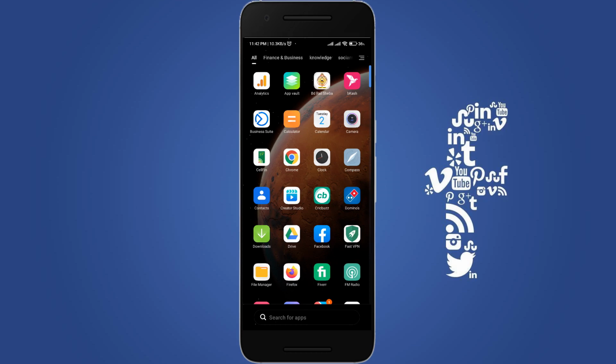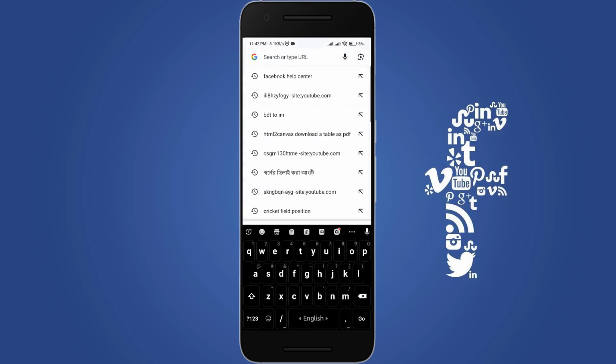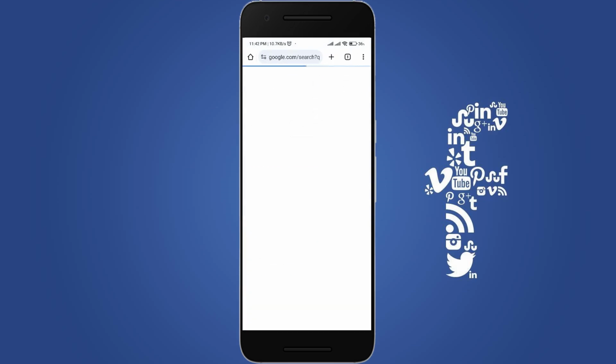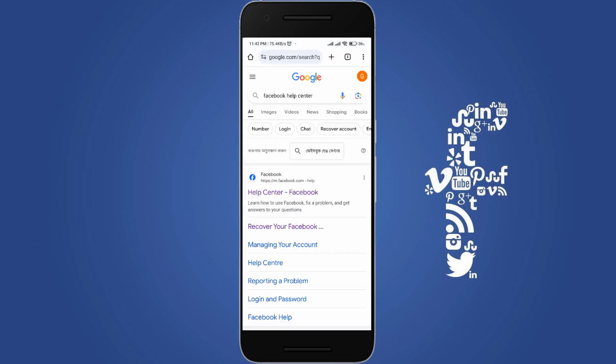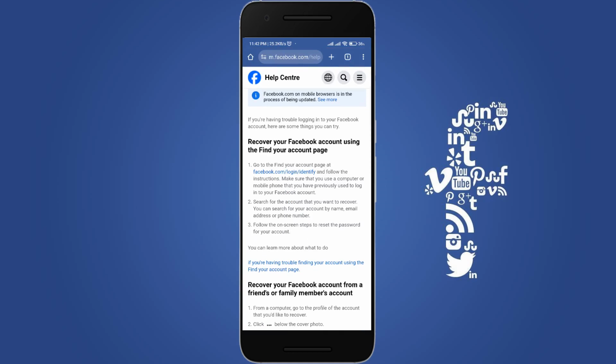So in this case, first of all you have to go to Google Chrome, and as I'm already using this phone to log in to my Facebook account, I can use it here. From here I can search Facebook Help Center, and once I get it, I will get two options at the top, Help Center and Recover Your Facebook. So from here we can go to Recover Facebook,